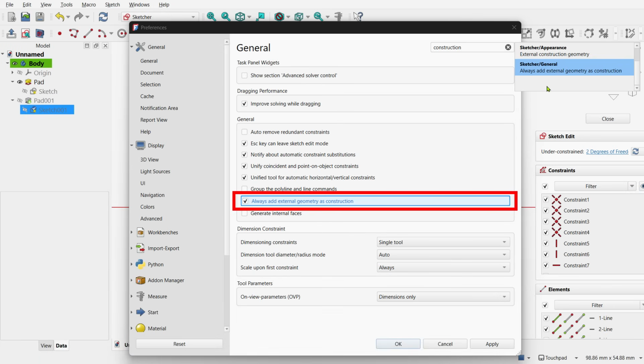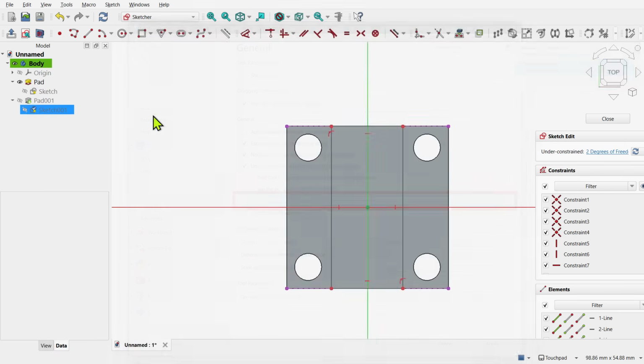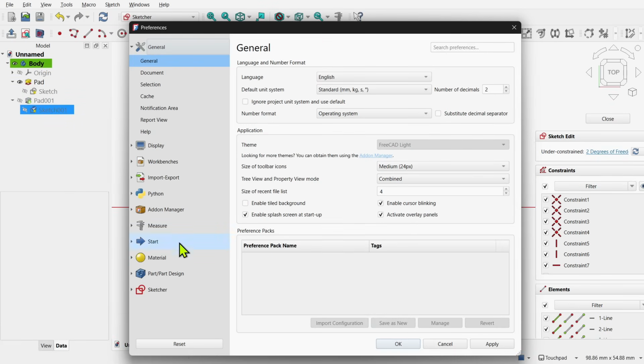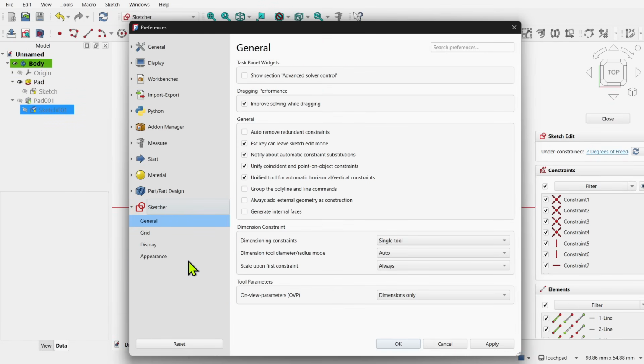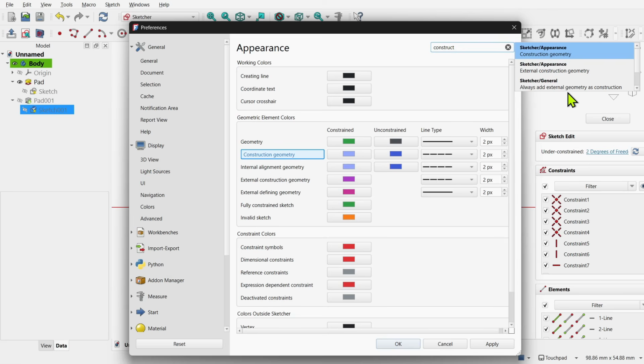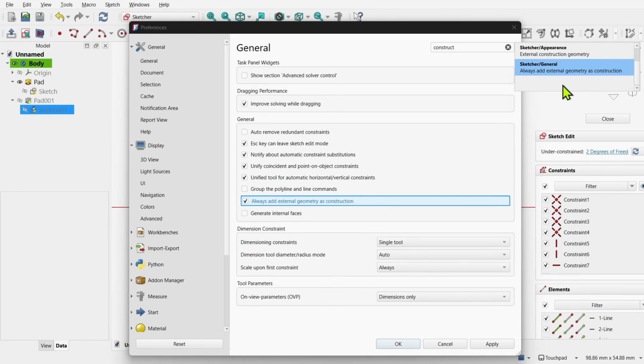If you want to permanently fix this and restore the old behavior, allowing you to follow older tutorials without constantly toggling, you can change the global settings. Go to the top menu, Edit, Preferences, navigate to the Sketcher section, select General, and find the setting "Always Add External Geometry as Construction", and check the box. You can also use the search field. This returns FreeCAD to its pre-1.1 behavior, while still allowing you to manually toggle the edges from defining to construction